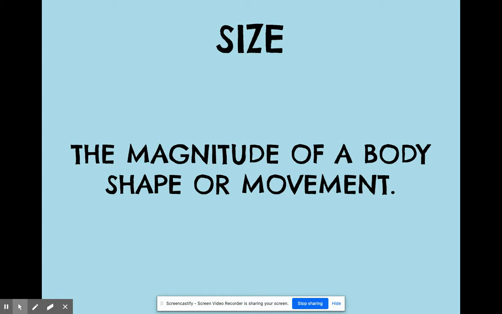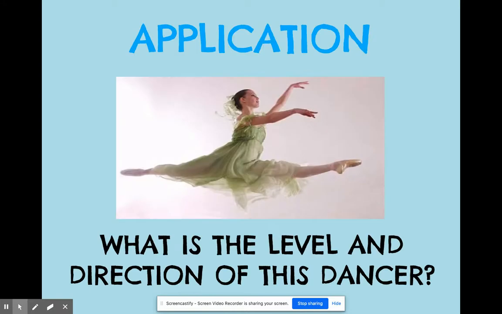Size is the magnitude of a body shape or movement. So if you're choreographing a dance, you could say, do a small bend, do a deep bend, do a big jump, do a small jump, leap to the side. You are indicating how large that movement needs to be. Okay,